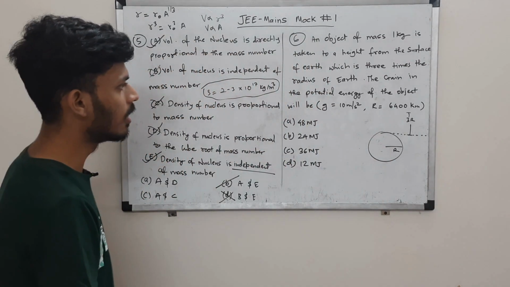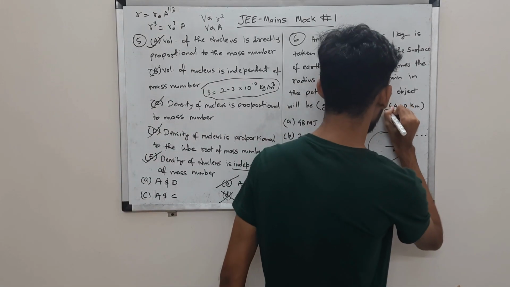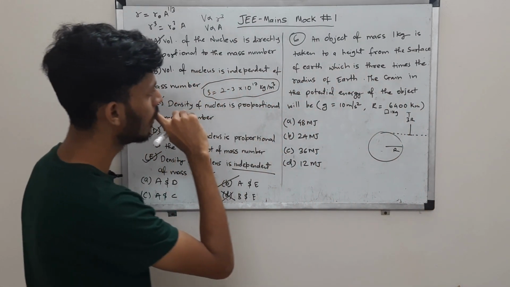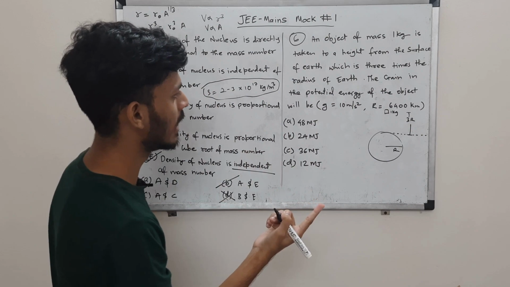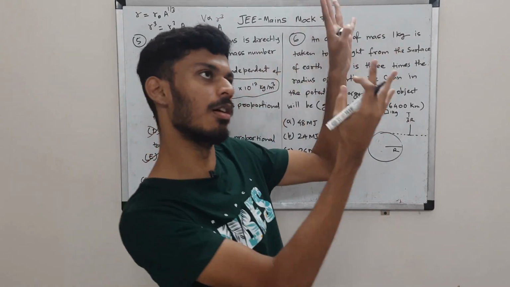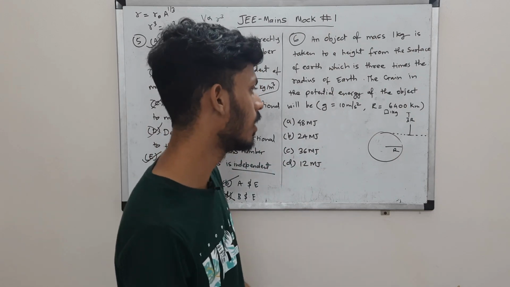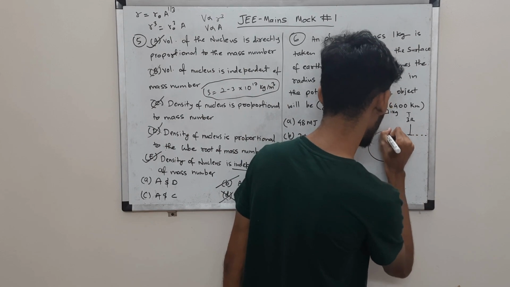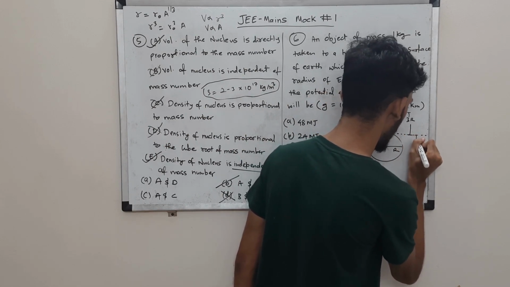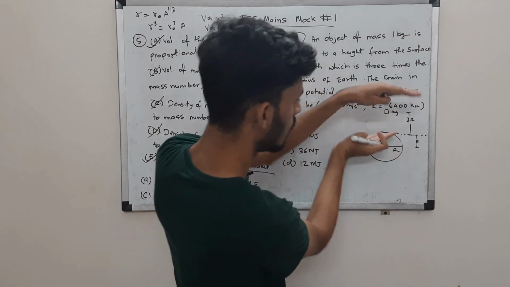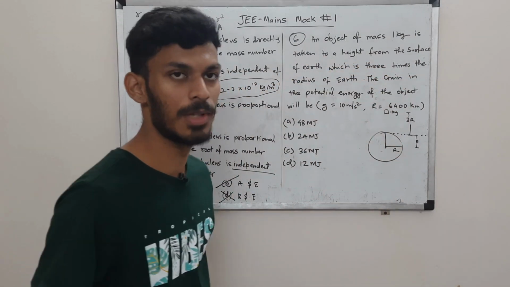Now it's taken to this height. It's a 1 kg object. Then you are supposed to tell what is the gain in the potential energy. Initially it is placed on the earth, and now it is taken to a height 3 times the radius of the earth. So what is the change in the potential energy? Of course this distance will be nothing but r, right? So this is r. If you can see, it is taken to a distance of 4r from the center of the